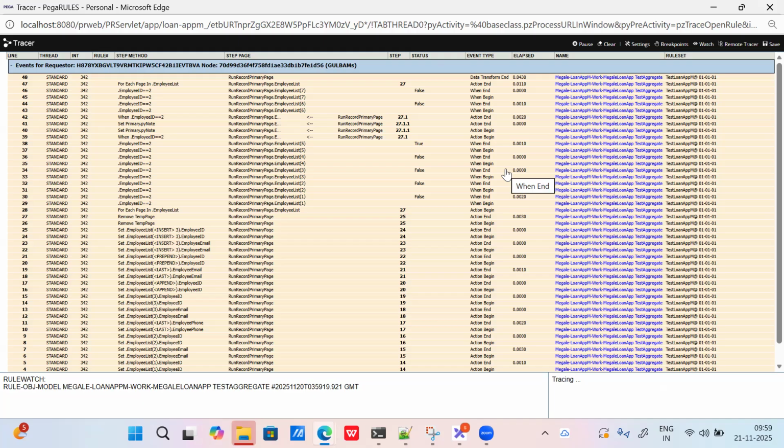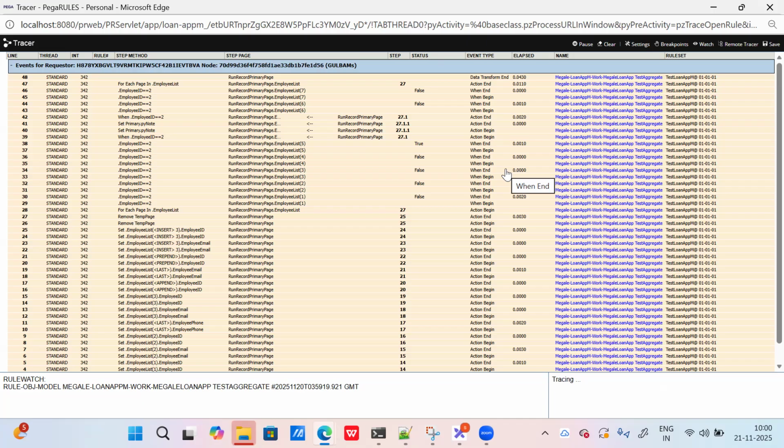When to use a primary keyword? Whenever you have two different class instances. I have defined my data transform in the work layer. Now I have a for loop in the data layer, but I want to set some properties again on the work layer. But you are inside the data layer. You can get the context of that work layer by calling the keyword primary. Whenever you call that primary keyword, it will take the context of that above layer. Clear? Any questions?